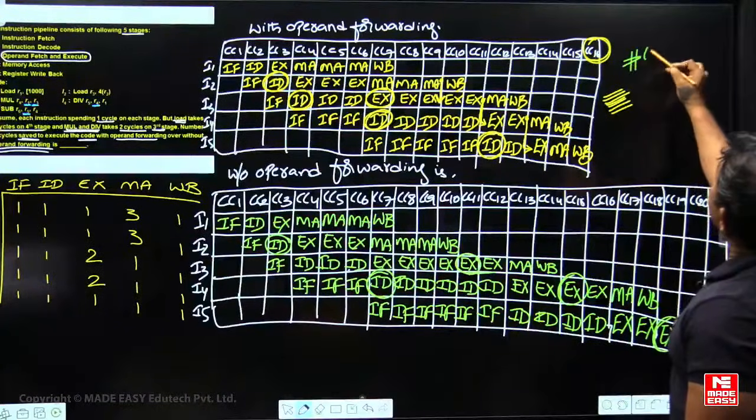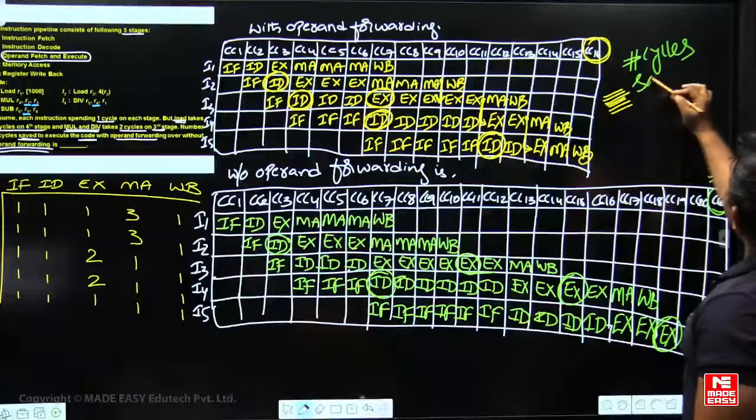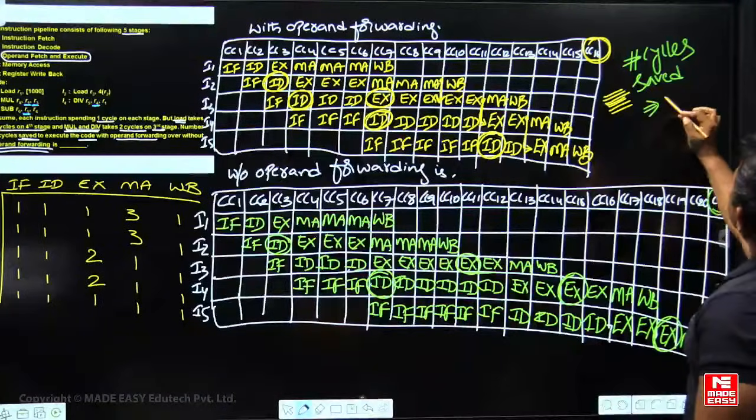Number of cycles saved is equal to 21 minus